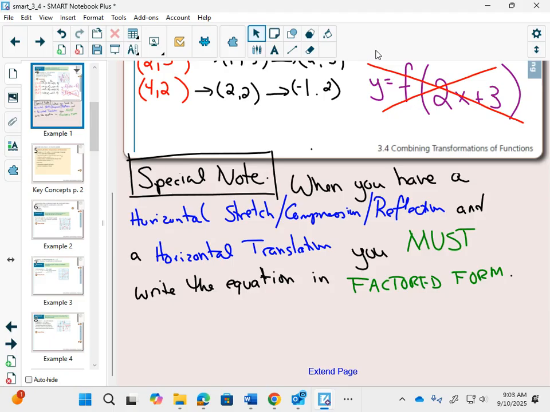You must factor out whatever the number is, the horizontal stretch number, compression number, or negative, has to be factored